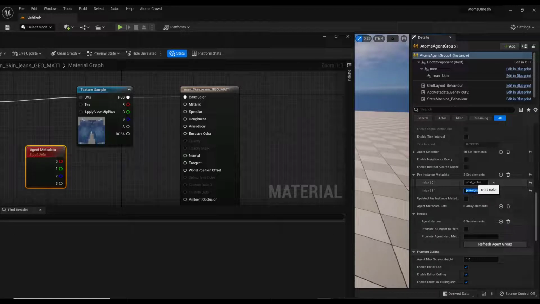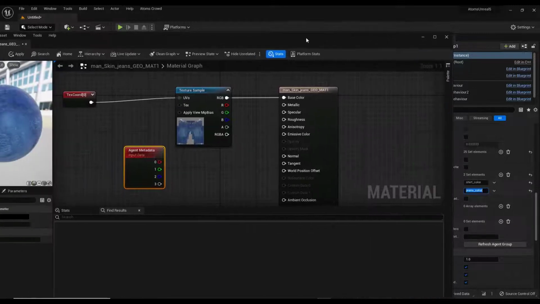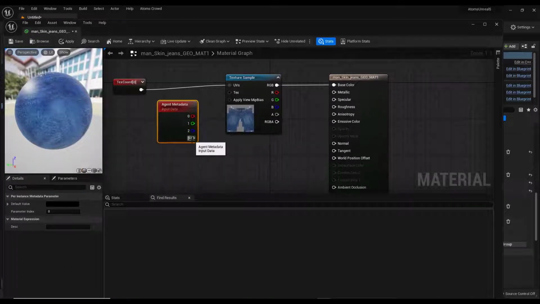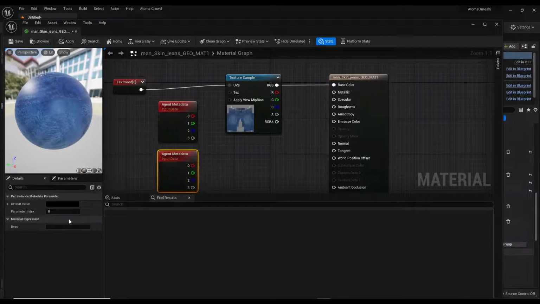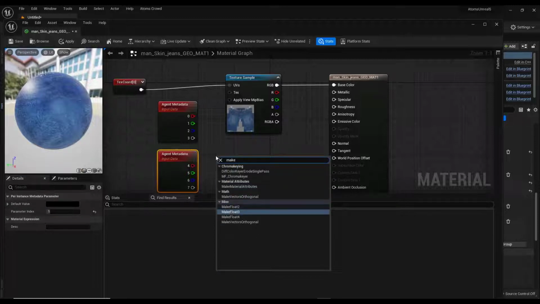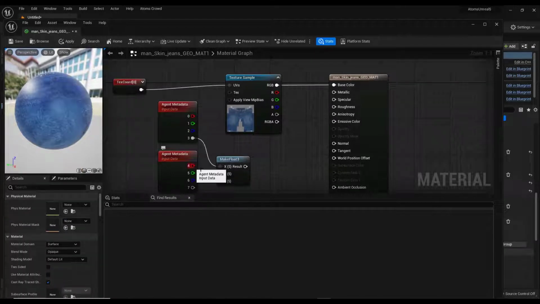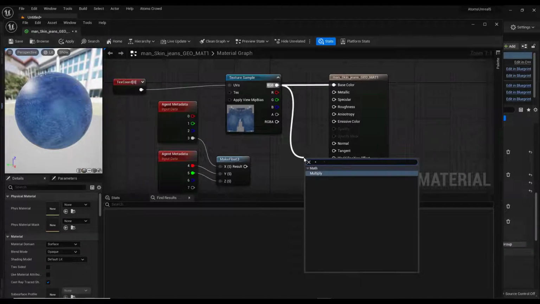Now the first 3 slots are used by the shirt color, so I need to access the other 3 slots. Now I have my red channel. The jeans color is on the 3 slot here. Then I need to use another agent metadata and increase the index so I can access the other 3 slots. Let's make float. No, sorry, not this one. From here. Now if I multiply,